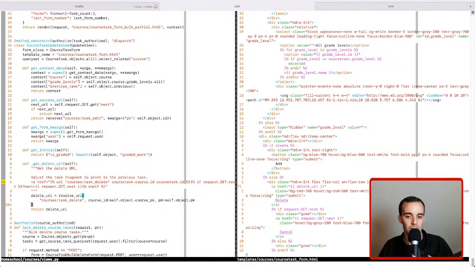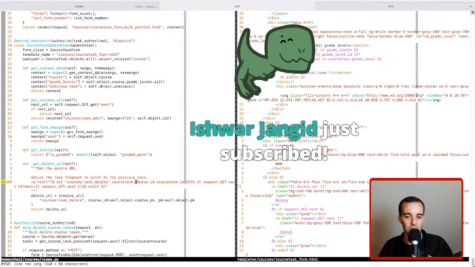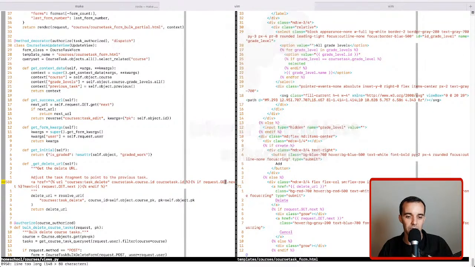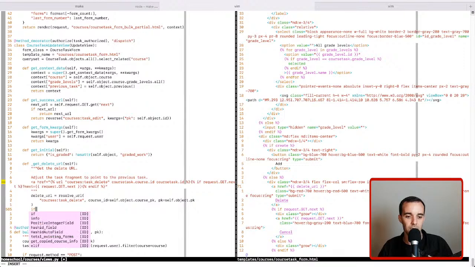We have to translate the request get. If it has a next parameter, that's what this if block is doing. So we want to say if next in